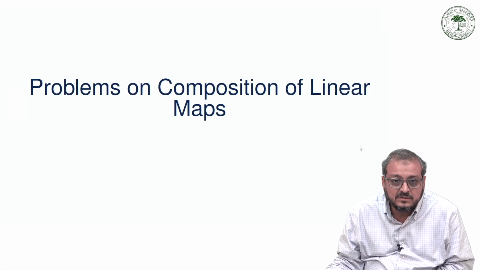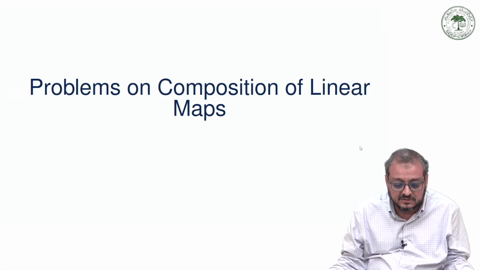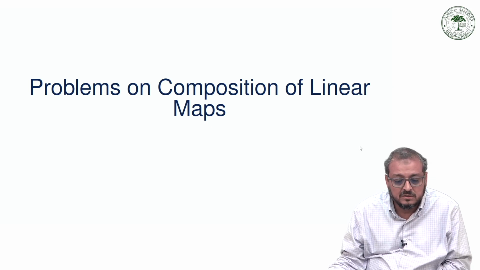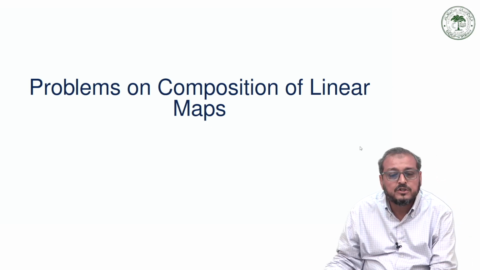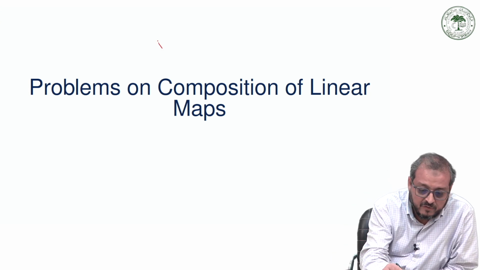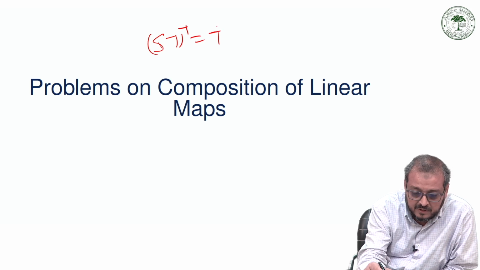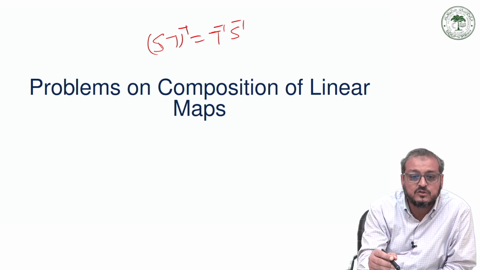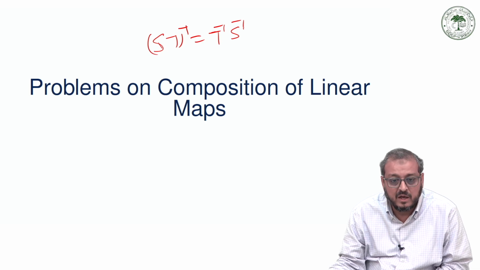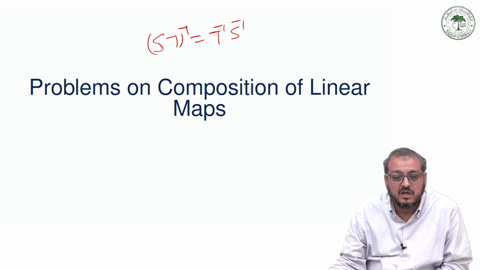Welcome, my dear students. In the last class, we discussed the composition of two linear transformations. We proved that the inverse of the composition ST is the same as T inverse composed with S inverse, and also we showed that if the composition ST is one-one, then T is one-one